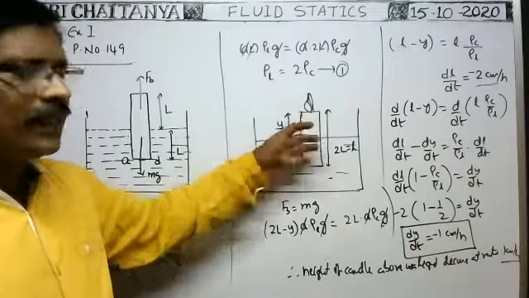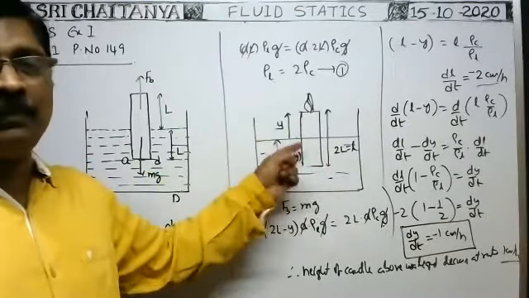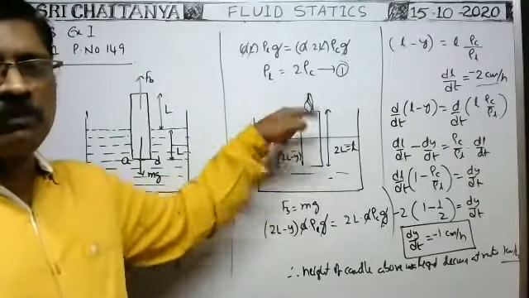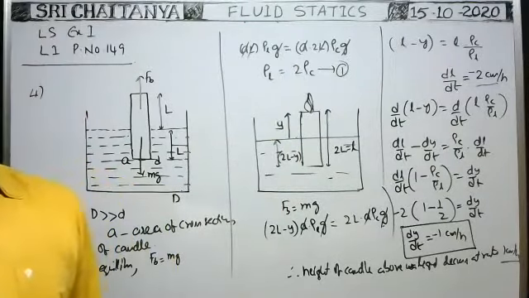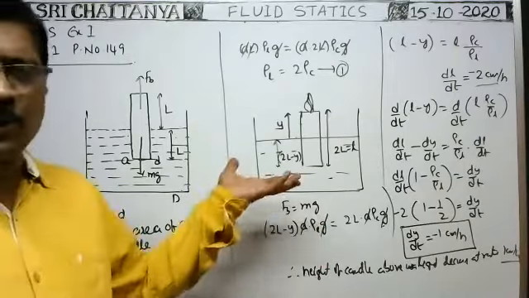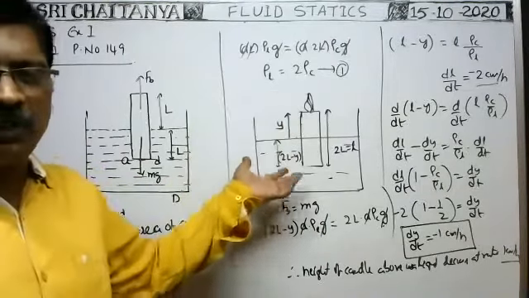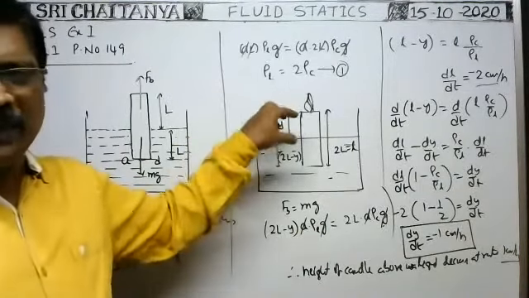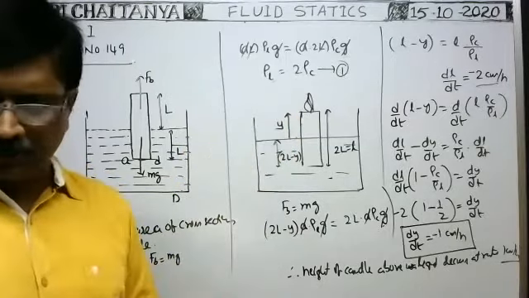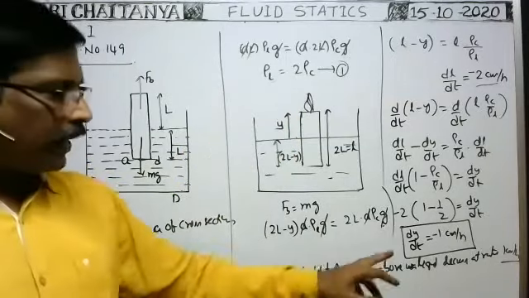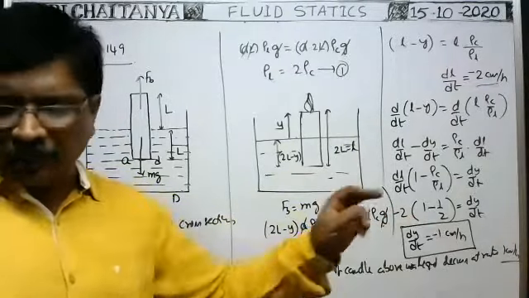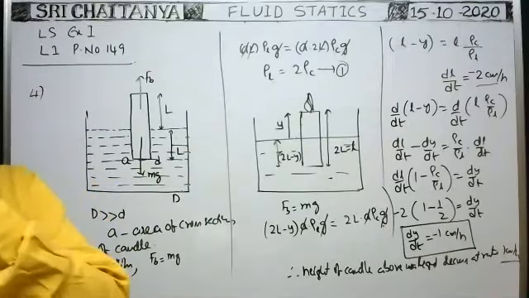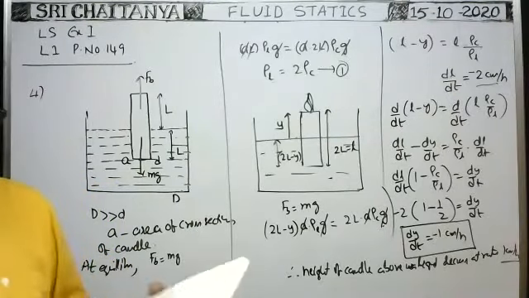Yeah, when height decreases, automatically mass also decreases, but at the same time, as it is floating, the buoyant force balances the weight always. Buoyant force balances the weight. Buoyant force needed also decreases gradually. When weight decreases, buoyant force needed to keep in equilibrium also decreases. Fall, okay, minus sign represents the height falls at the rate of 1 centimeter per hour. So option 2 is correct. Option 2 is correct.